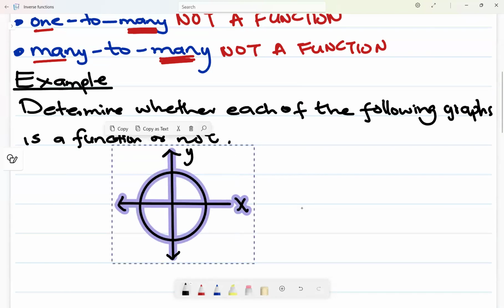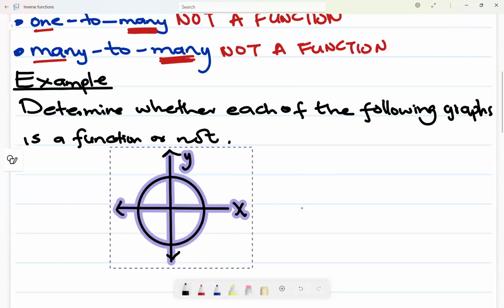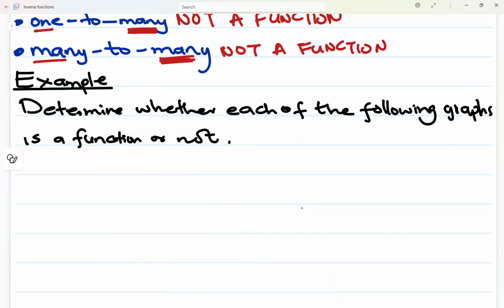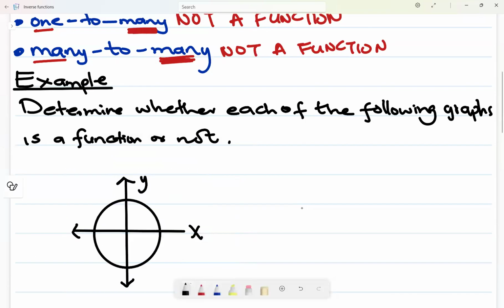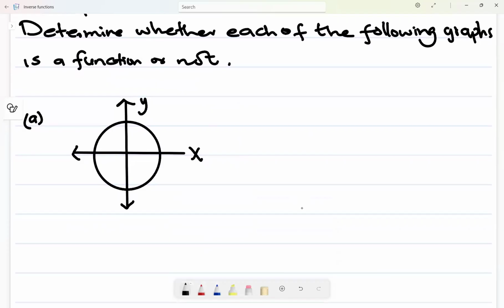Let's do this on number A here. Let us be in a position of saying, all right, what we are seeing here is the graph now. The question is, is this a function? Is this graph a function or not? Now, what you might do,